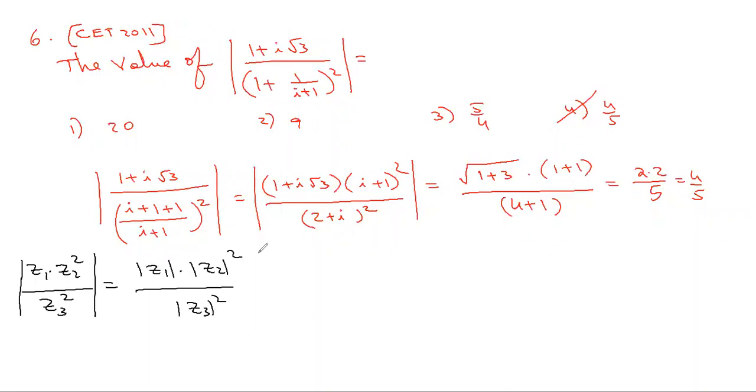Then automatically the first one is with root. The second one and third one, because the square is there, I'm writing without the root, because after that anyway I need to square it. So under root 1 square plus 1 square, whole square, and under root 2 square plus 1 square, the whole square. This is the one which I used.